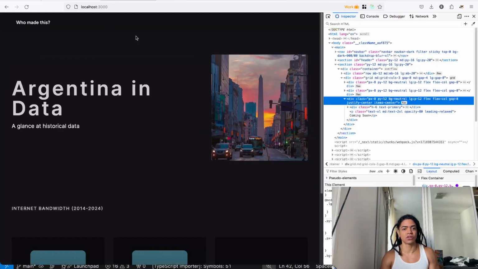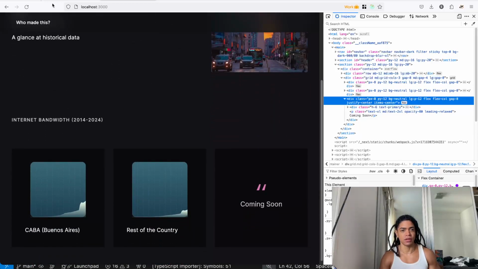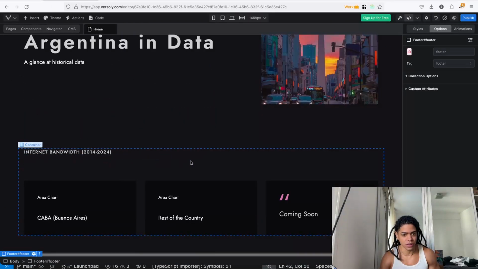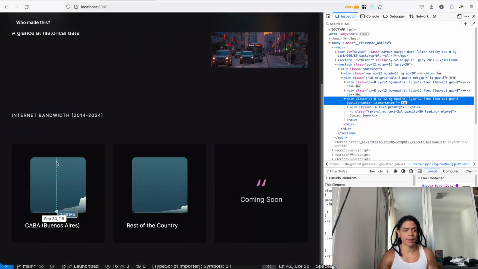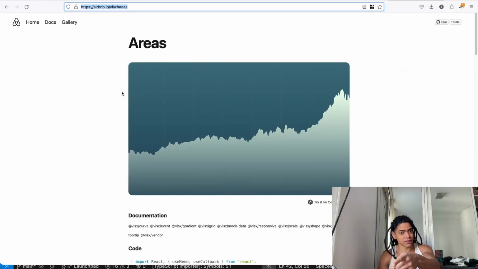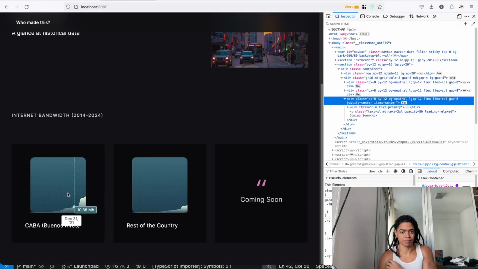Our website now starting to look like this. Perhaps the font doesn't match right now. We're gonna do that. This is the internet bandwidth. Unlike here, I would like to make this section quite different, or no, it's okay. But here now we could integrate this component from Airbnb, which to me was actually pretty good, powerful, lovely, and show the relevant data from that.